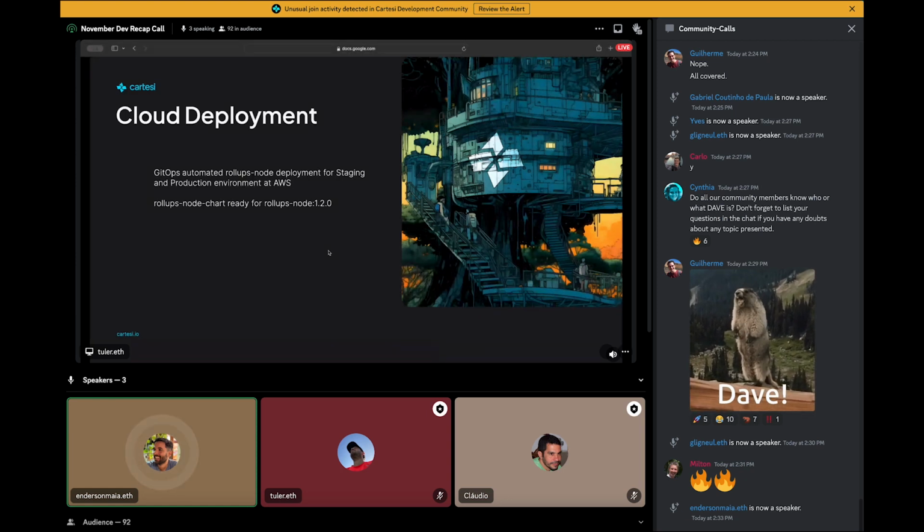That's Rollups node 1.2. We already made some tests using all the recent release candidates that Yves mentioned, and we are ready to go. As soon as we have a final release, these dApps will be updated on the proper environments. That's it.